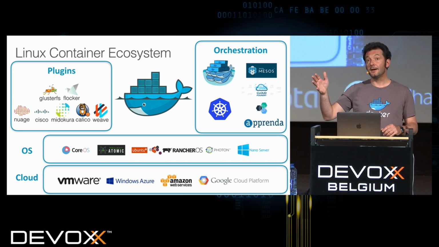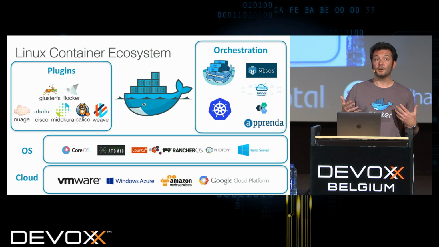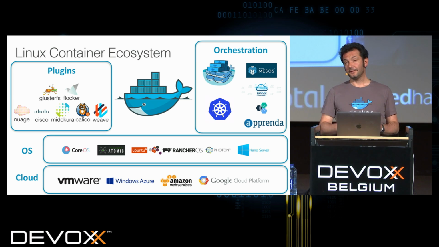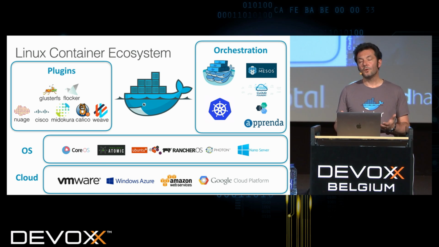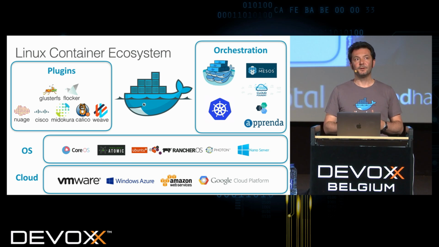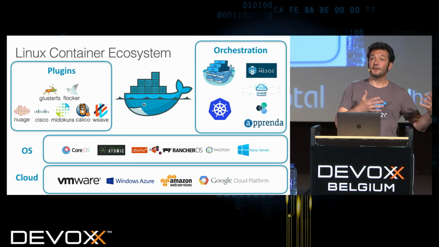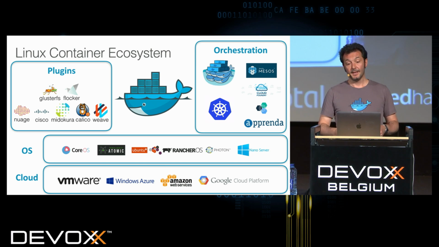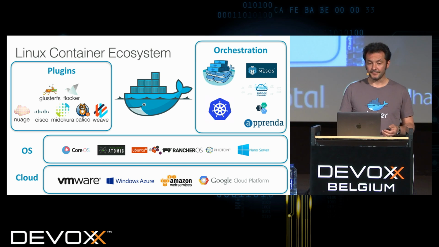And then on the right, you have orchestration, and this has been where the battleground has been over the past year. So there's lots of different orchestrators for containers. I'd say today the three big ones are Swarm, or actually Docker itself, because since 1.12, since last summer, Docker has orchestration built in. It's called Swarm mode. Kubernetes by Google, which is an open source project, and Mesos, the Apache Mesos project.